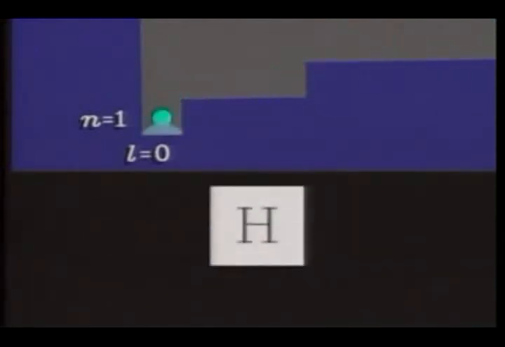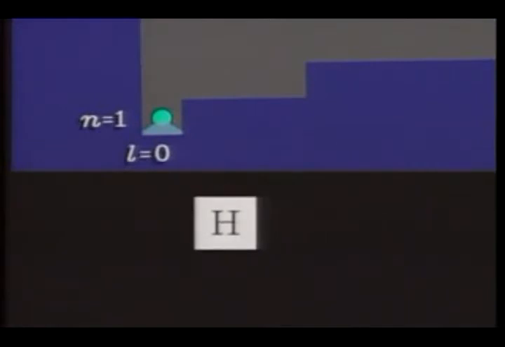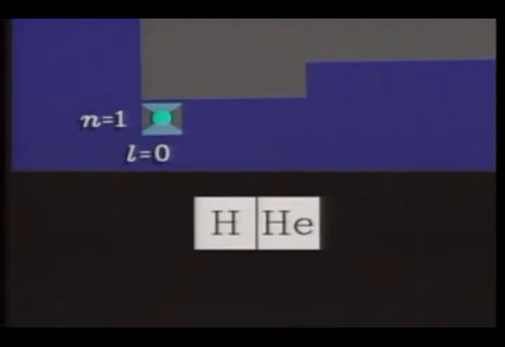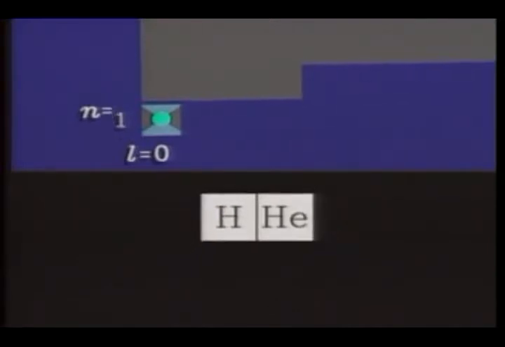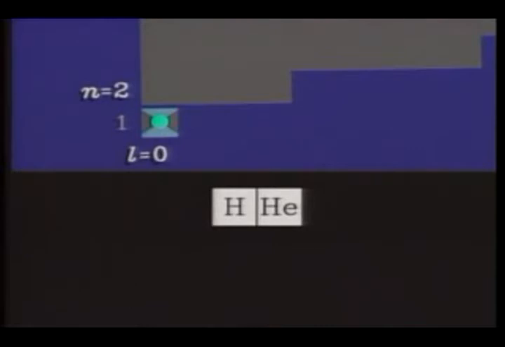For example, 2 electrons are permitted in the n equals 1, L equals 0 orbital. The first one completes a hydrogen atom, and the second, with opposite spin, completes the atom of helium. This completes an energy level, making helium chemically inert. The n equals 2 shell of orbitals has room for 8 electrons. The first, with L equals 0, makes a lithium atom. The next, with opposite spin, makes beryllium.